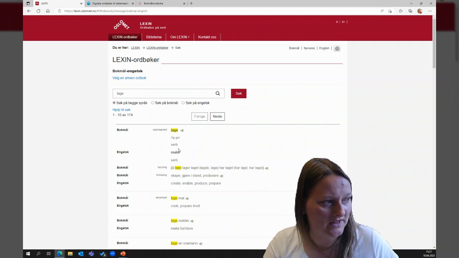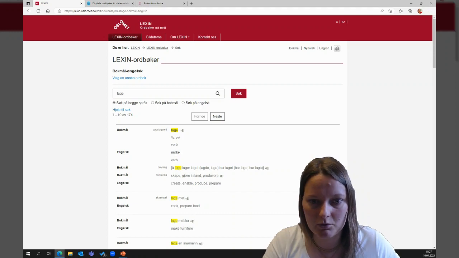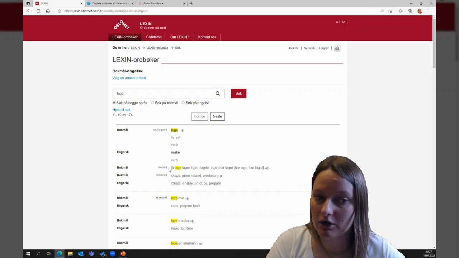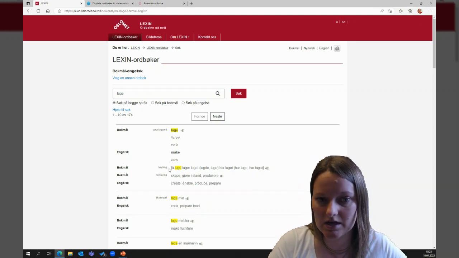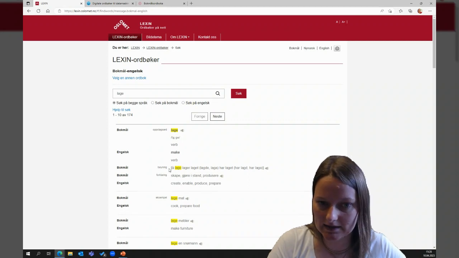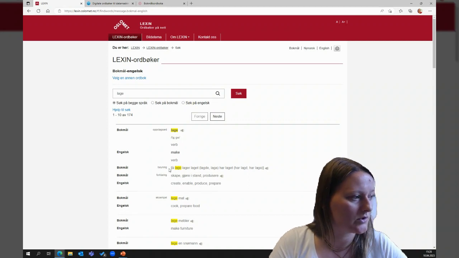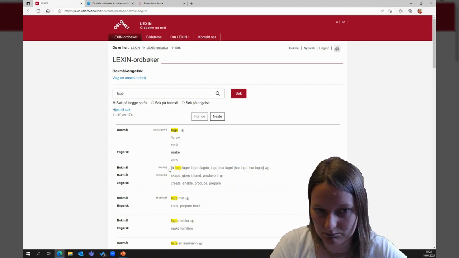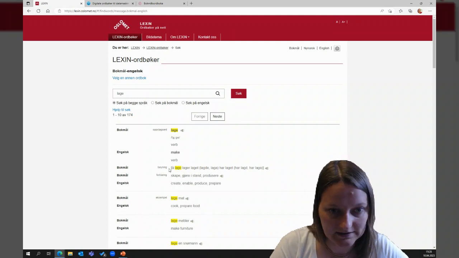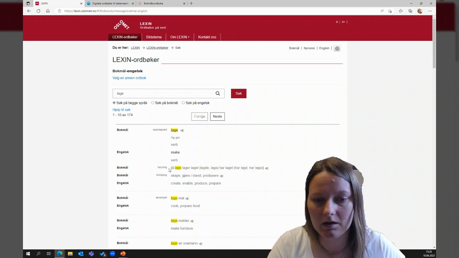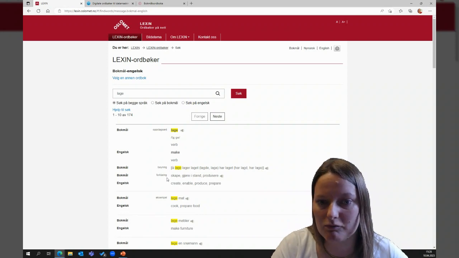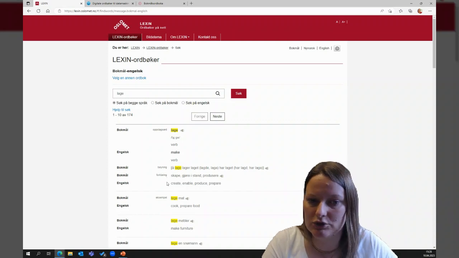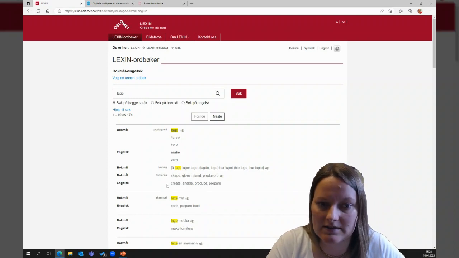We can see that it's a verb and that it means to make something. We also see all the forms that this verb can have. So it's å lage in the infinitive, lager in the present tense, laget in the preteritum. Then we also have dialects that use lagde and laga, and har laget in the present perfectum. Although there also are dialects that have har lagd and har laga. Here we can see the explanation in bokmål, skape, gjøre i stand, produsere, and also in English, create, enable, produce,